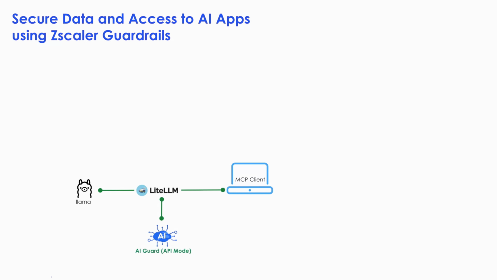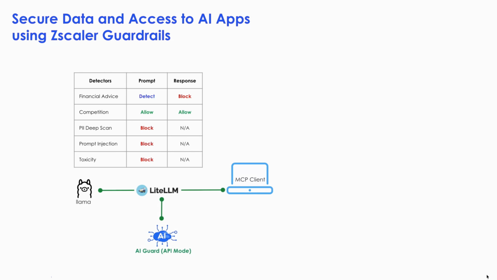Zscaler AI Guard in the API mode integrates with LiteLLM, provides the same protection as we saw in the last video, but this time with agent talking to a private model. For this demo, I am running Llama 3.2. So here are the detectors I'll use for this demo. For the last three detectors, since the prompt action is set to block, there will be no response returned. For the first two detectors, when the action is detect and allow, a response will be generated and then evaluated